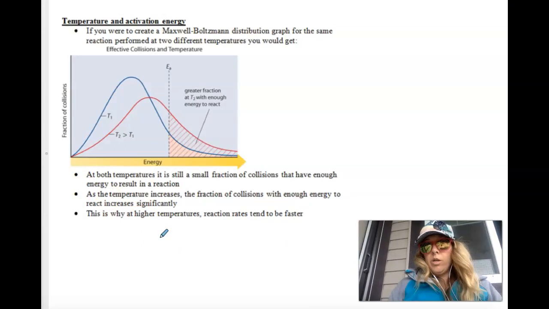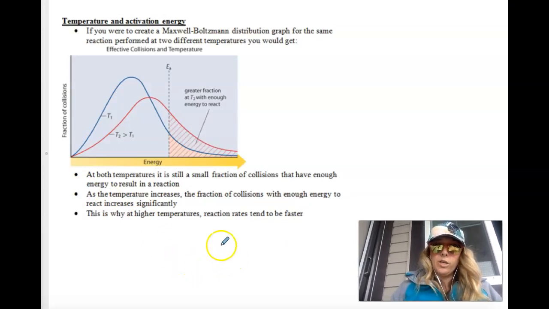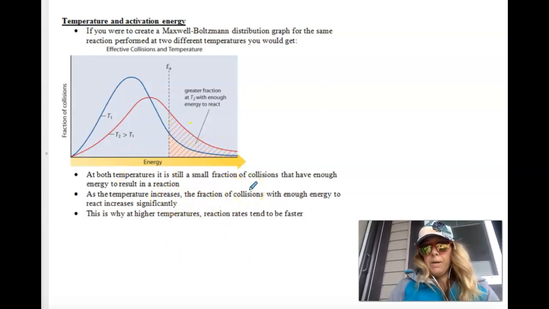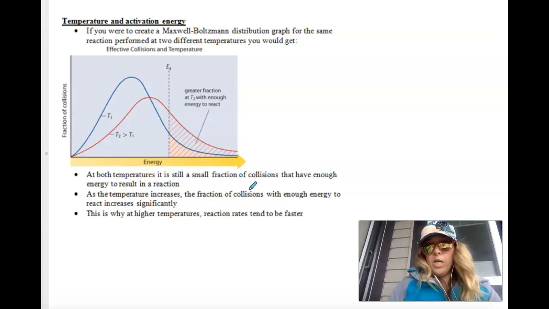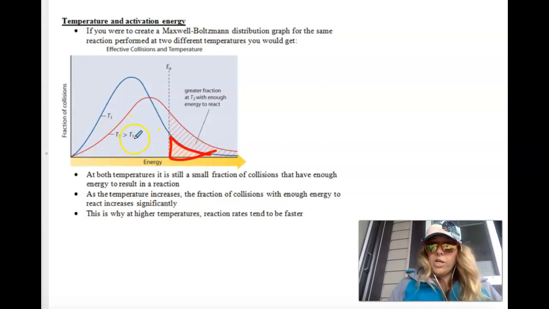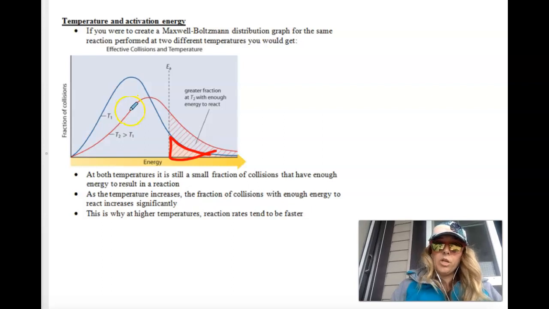Generally, you guys know that the hotter you make something, the faster a reaction is, and the colder you make something, the slower a reaction is. And the reason that happens is as we increase the temperature, remember temperature is a measure of kinetic energy. We give our molecules more energy. So if you look here, here's T1. So there's my original curve with how much are going to be successful, right? So it's only this that's being successful. But now you have T2, which is a higher temperature than T1. So we've increased the temperature. You'll notice that your curve shifts